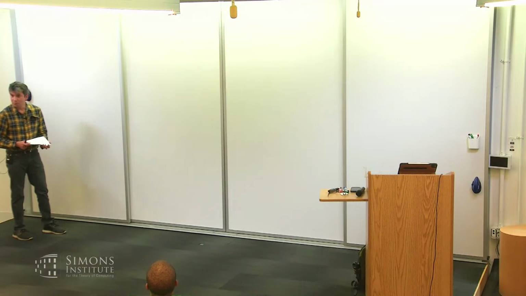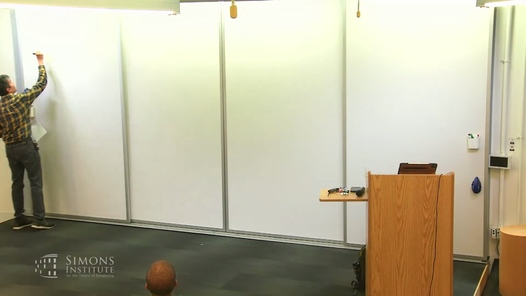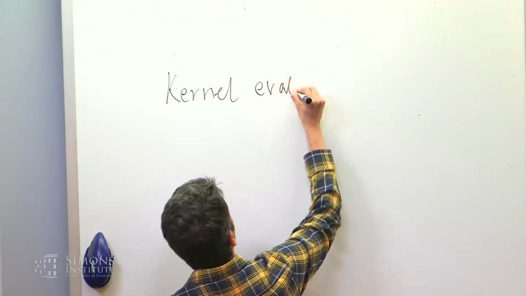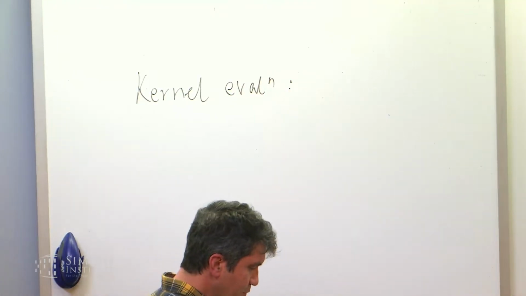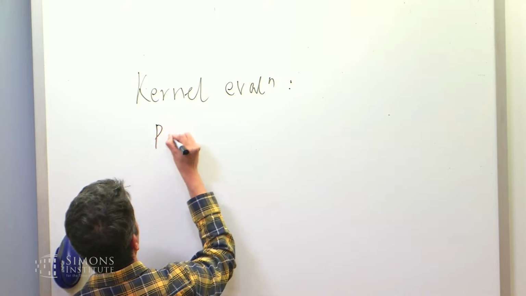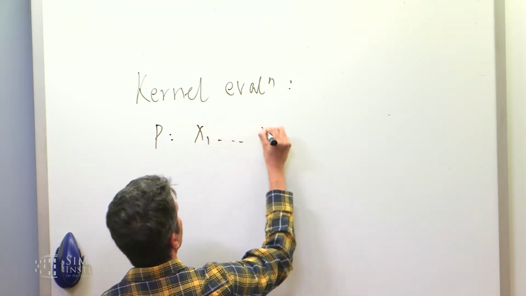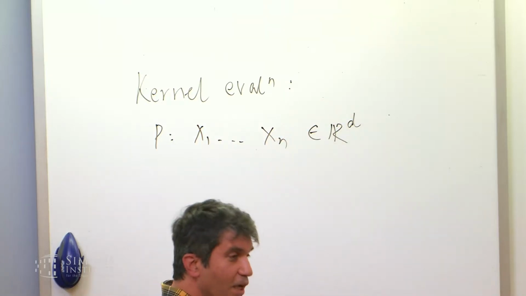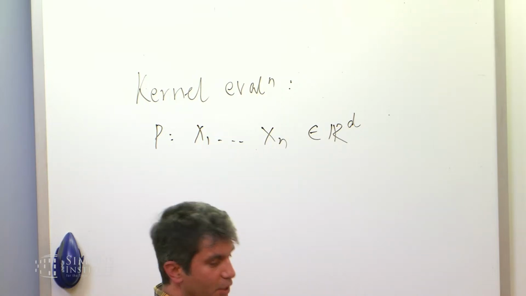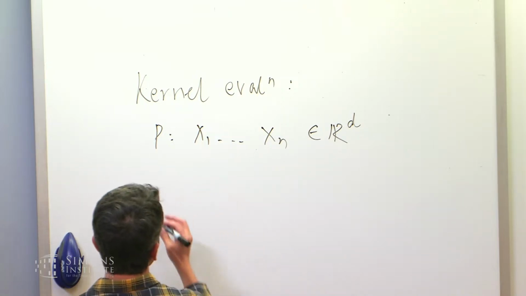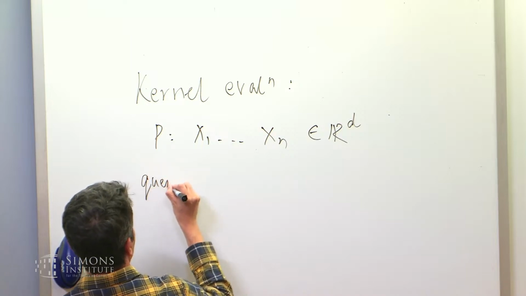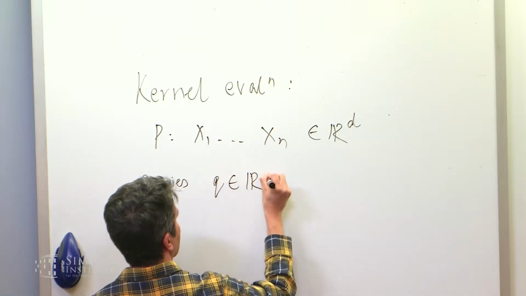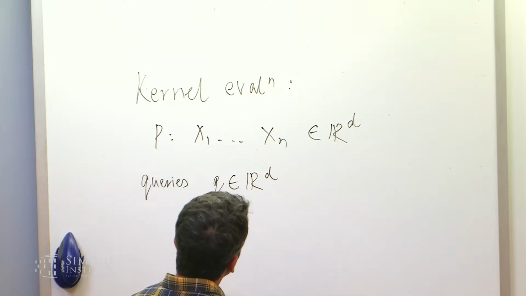So the problem I want to talk about is the kernel evaluation problem. Here's the problem. You're given a data set of points. Let's say there are n of them, three-dimensional. What we have to do is pre-process these points so as to be able to answer queries. The queries are points in this space. And given a query, we want to compute the sum